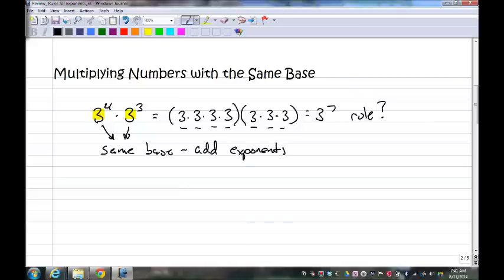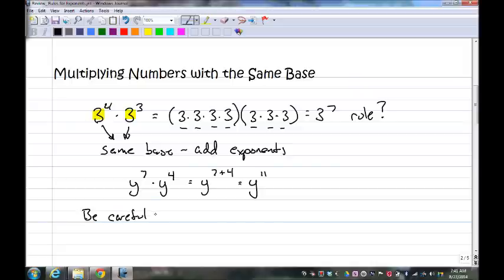Okay? So, if I had here y to the 7th times y to the 4th, this is going to be what? Just going to be y to the 7 plus 4, which is y to the 11th, because they had the same base. Now, be careful,